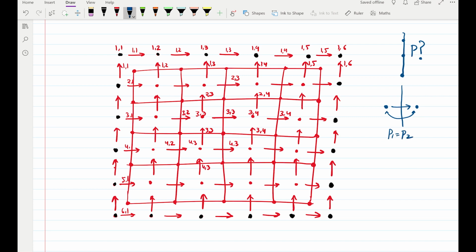If I just call them P1 and P2, we would use the same knowledge here, and if I consider any point here or even a point such as this one, we know that normal to the boundary there would be no flow. So the pressure outside of the boundary would be equal to the inside of the boundary, and that is the pressure boundary condition.